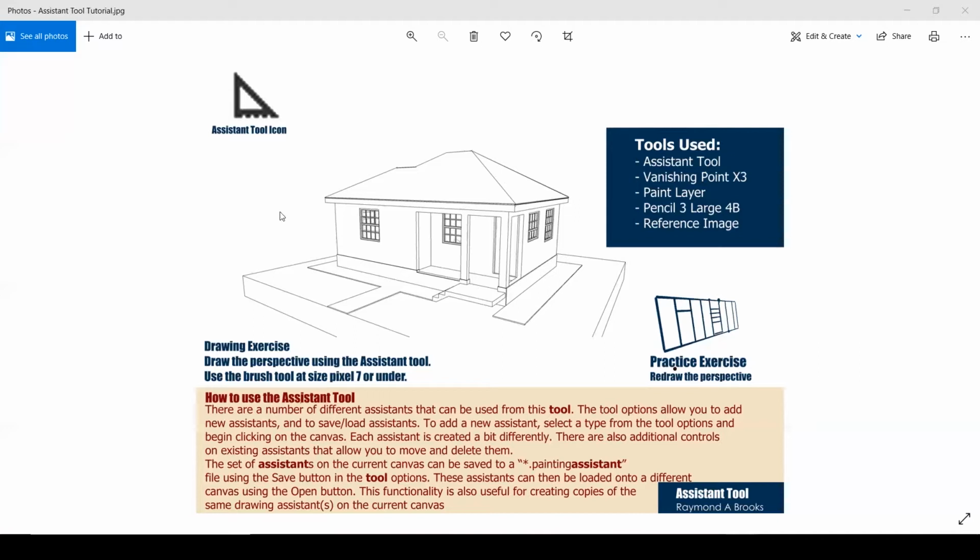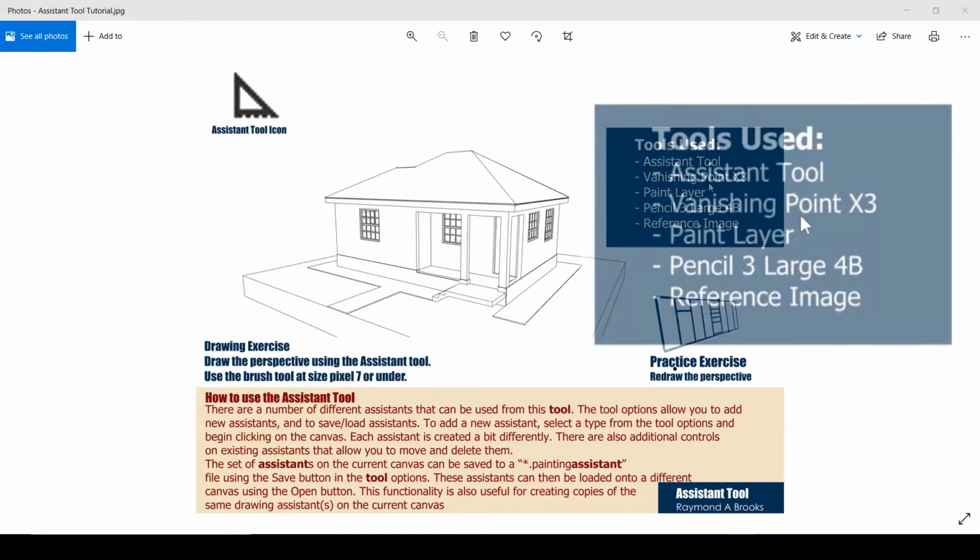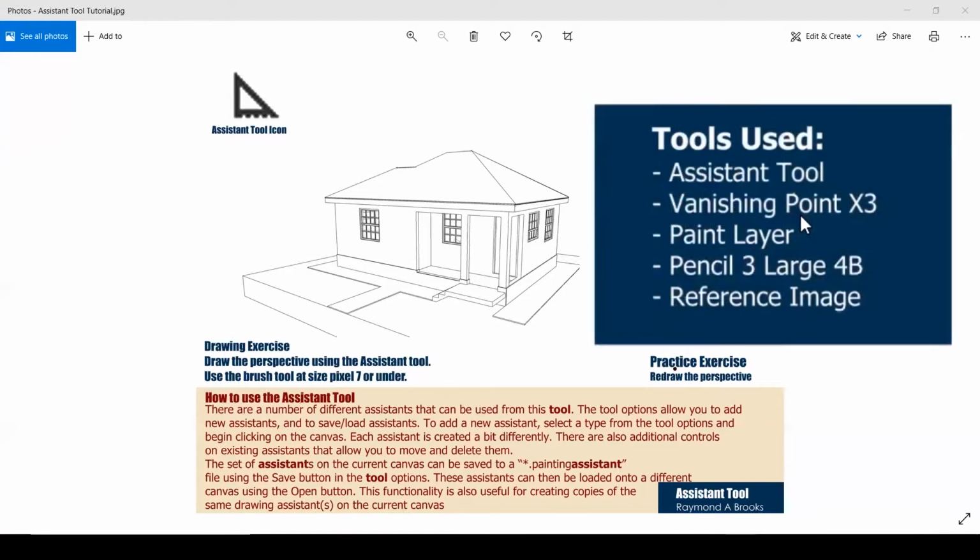So for this exercise, we'll be using a couple of tools. We'll be using the assistant tool. We'll be using a vanishing point. We'll be using 3 vanishing points within the assistant tool. We'll be using a paint layer, and we'll be drawing this with a pencil 3 large 4B. And lastly, we will place this image here of the house in our reference layer so that we can trace